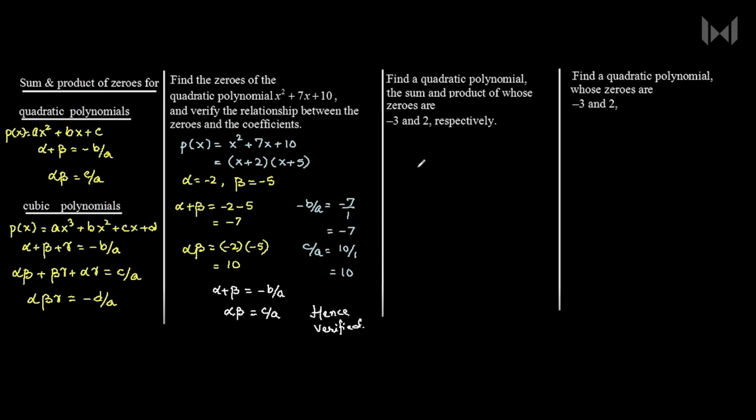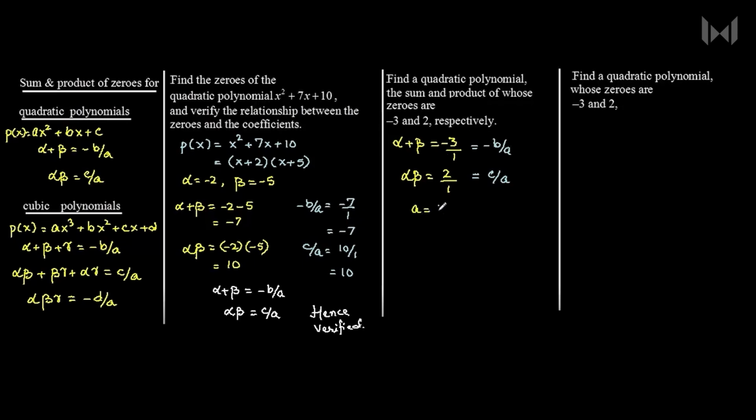Now in the first one, it's given that the sum and the product of zeros are already given. So what do we do? We will first add them. So we will take alpha plus beta, which is given as negative 3, and alpha beta as 2. Now both of them have the same denominators. Now if in case they do not have the same denominator, we need to make the denominators equal by multiplying up and down by the same number. Now over here we also know that alpha plus beta is minus b by a and alpha beta is c by a. So if we compare them, we get